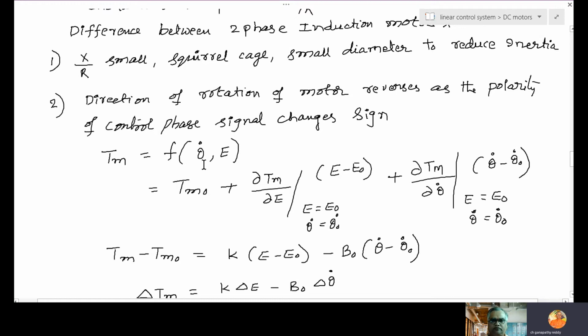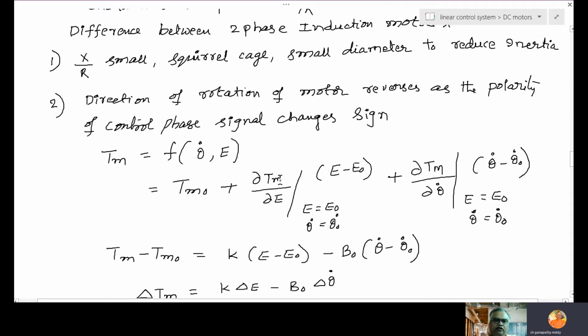So theta is basically angular displacement. d theta by dt is the angular velocity. d square theta by dt square is the angular acceleration. I am using theta dot and E, so it's a function of these two. Now Tm naught is the normal no load condition, Tm naught plus. So using Taylor series, mathematically,